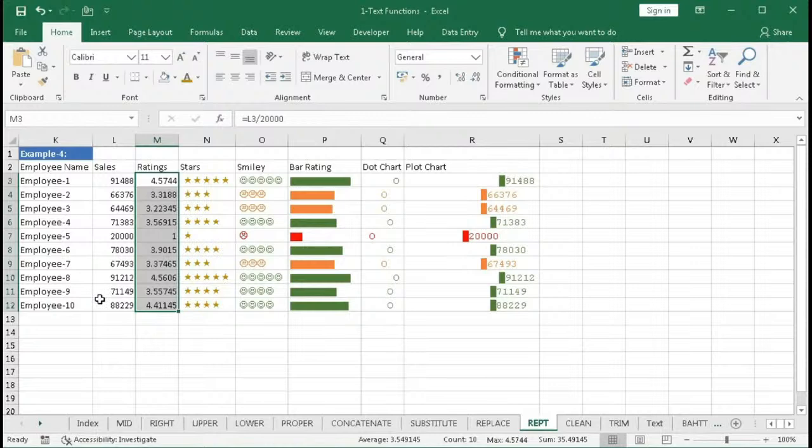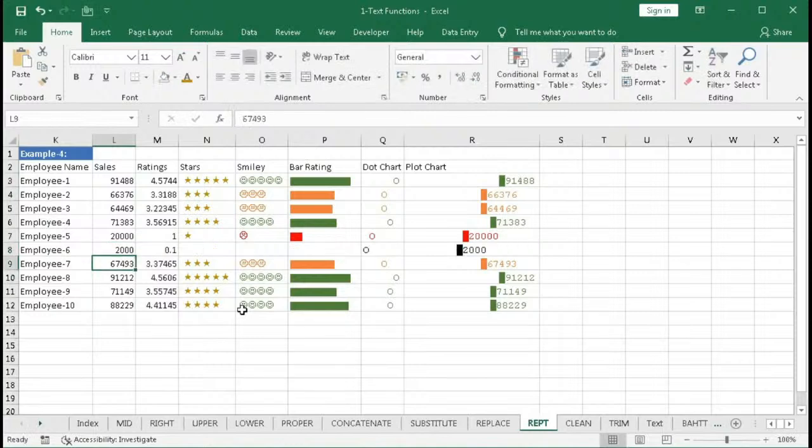You can see all this has changed. If I give here a little amount, if I give here 10,000, you can see this way. This will